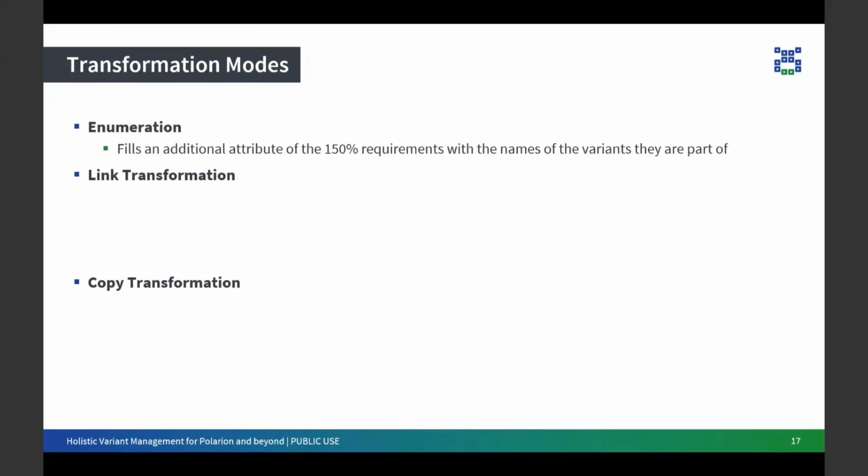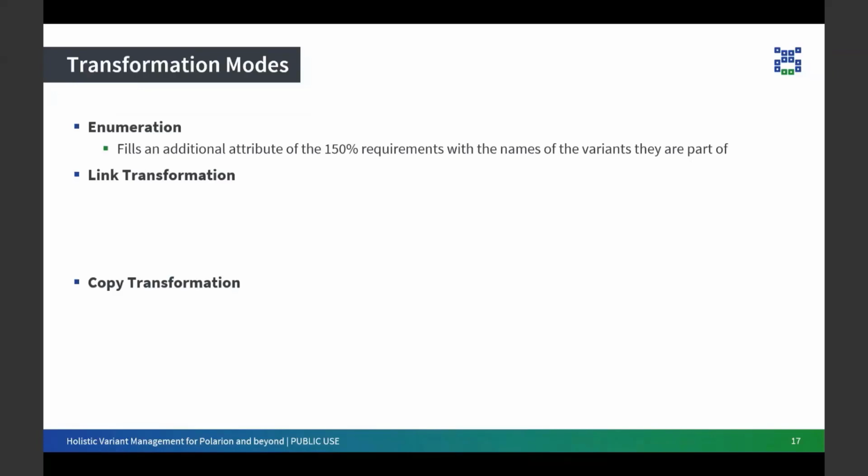So the intention here is that while you work on the superset document and you change a requirement, you might want to immediately know which variants are actually using that requirement at the moment. And this way you can easily see it from within Polarion. On pure variants side, you can also see it, but a lot of times it's good to see it directly on the Polarion side, right? And that is intended to help you to realize that. And then we have two other